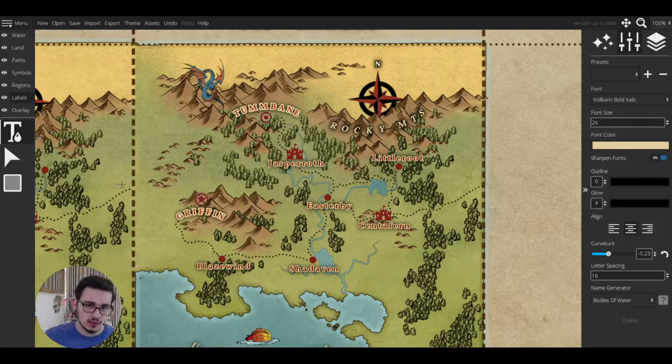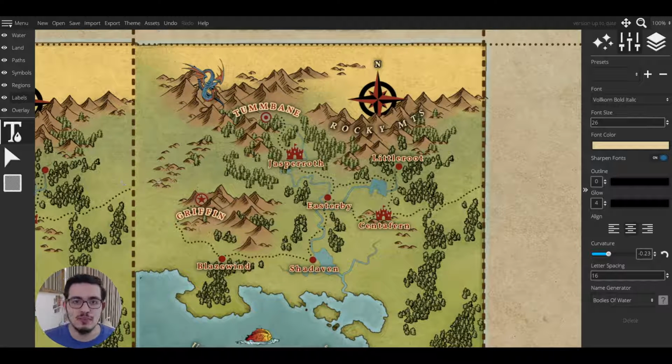Again, this is not a tutorial about how to make the best map. I'm just trying to show you what we could do. Like for example,